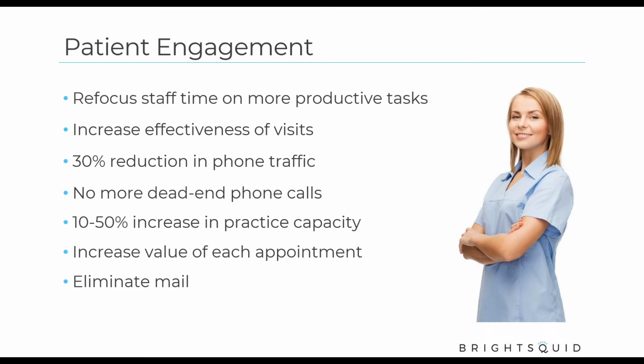I talked about increasing the effectiveness of visits, reducing the amount of time we spend on the phone, talking about dead end calls. All of this comes at the benefit of staff members who no longer have to make those tedious phone calls. The last one at the bottom, when it comes to traditional old-fashioned lick a stamp mail, stop